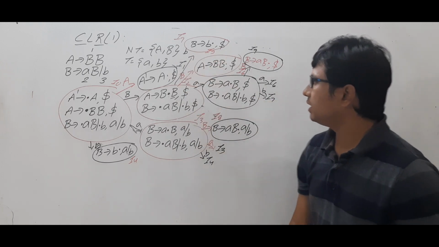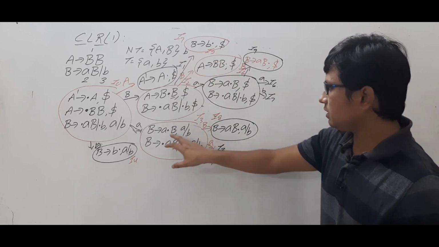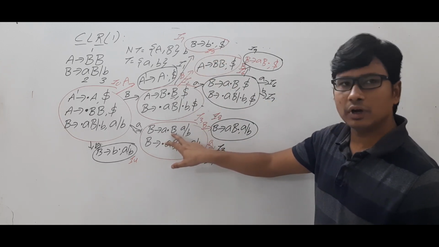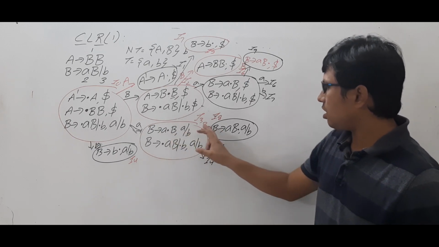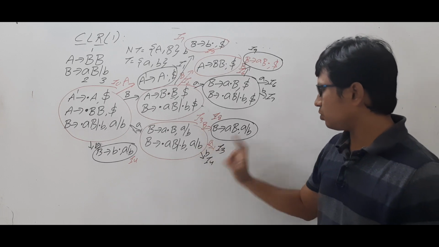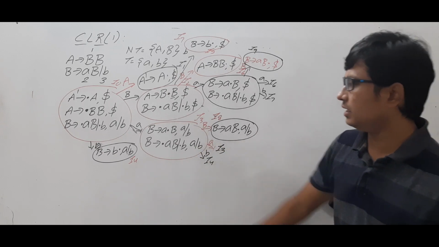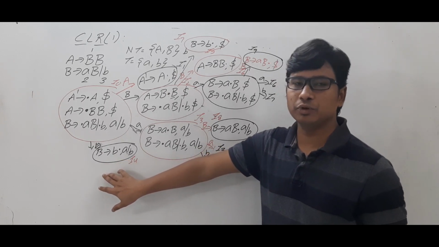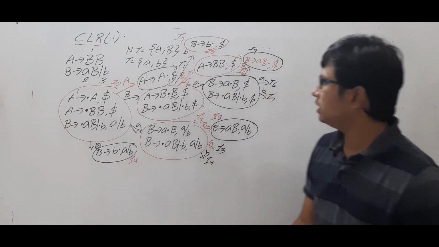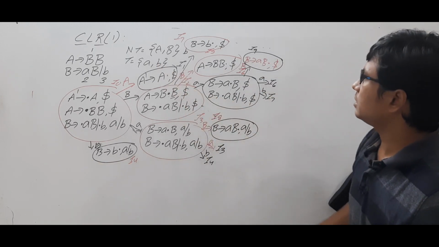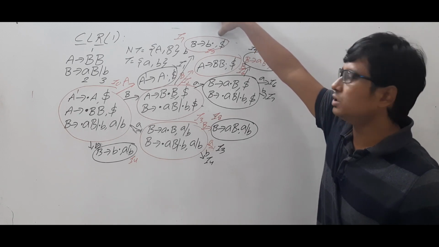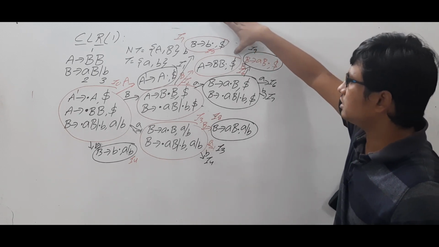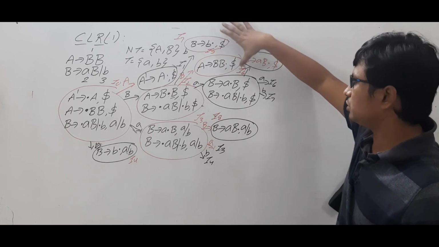Okay, is it clear? Then come to the I3. I3 go to I need to compute on B, on A and B. Let's check it whether I have done or not. On B I got it. On small a I done. On small b I done. I4 I no need to compute the go to because it is a reduced move. So this part is finished. Come to the I7 top one. This is a reduced move. I no need to compute the go to. And this is a reduced move. I no need to compute the go to.